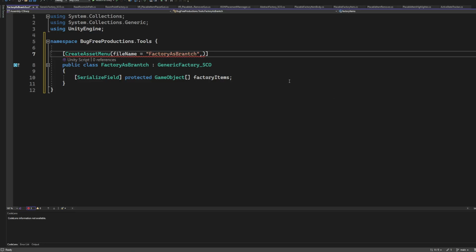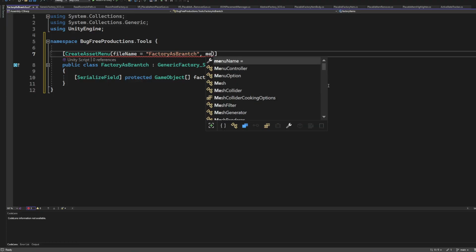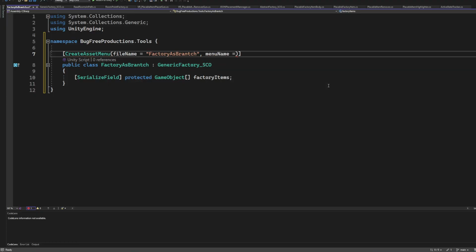Okay, so factory as a branch versus menu name, which is going to equal a string value, which is going to be,